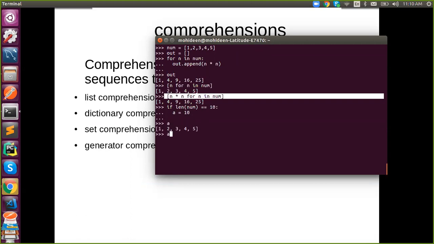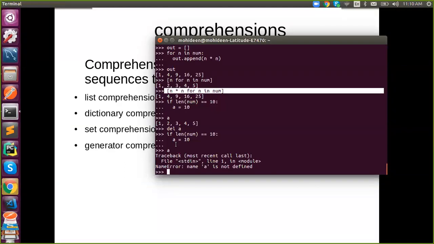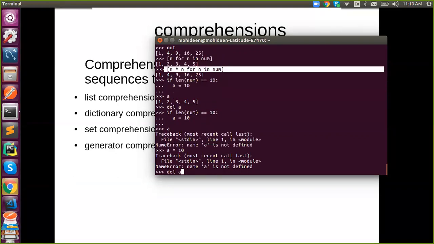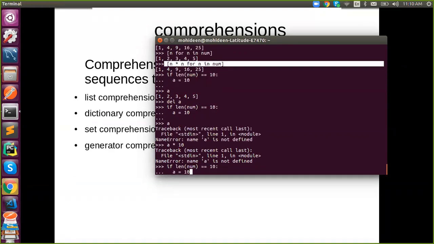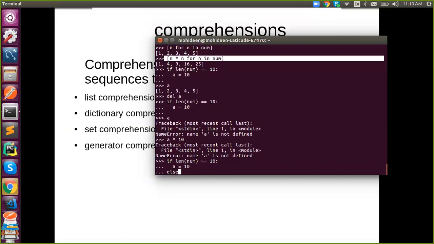But the length of num is 5, so my condition isn't satisfied and a was not created, right? When I say a, it will give a name error. But we need a, because our next program uses a with the corresponding value. When I say a into 10, it will give a name error. To avoid that, we need to create an else as well.